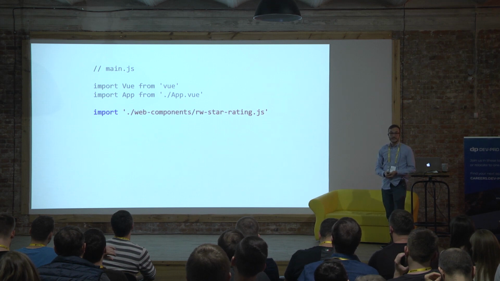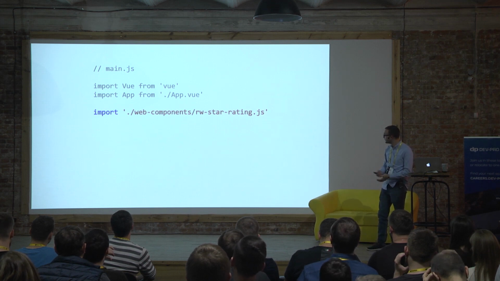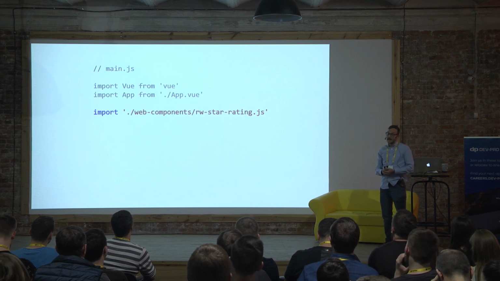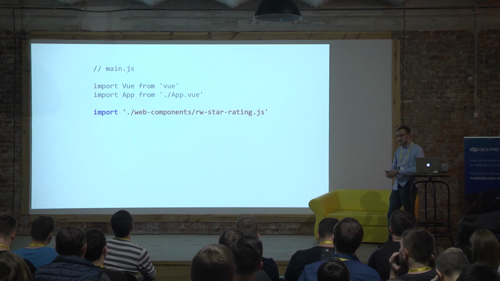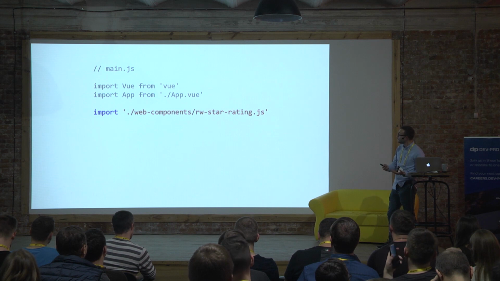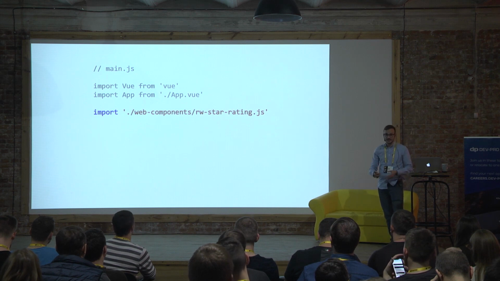So the first thing we need to do is actually import the web component. So this star rating web component is just a really simple star rating component. And inside that JavaScript file, there's the class definition that we saw earlier, and also the call to the define method on the custom elements object. So we need to import it basically just so the browser knows about it and we can actually make use